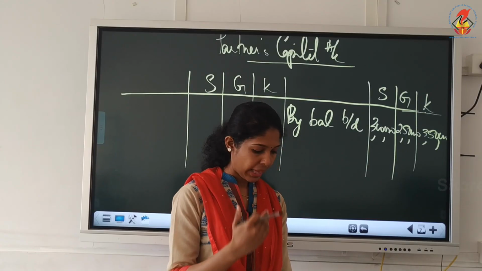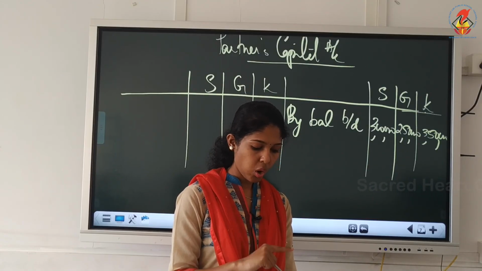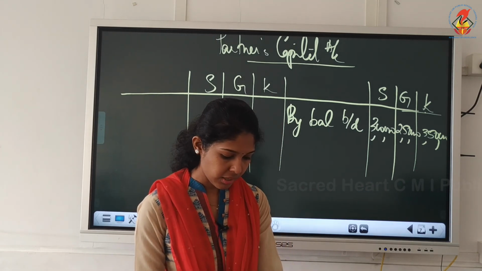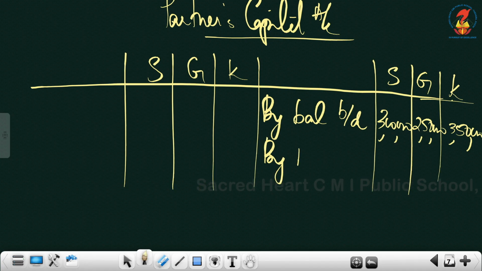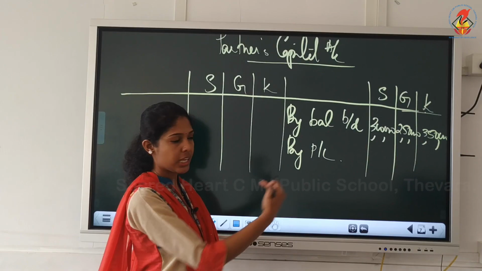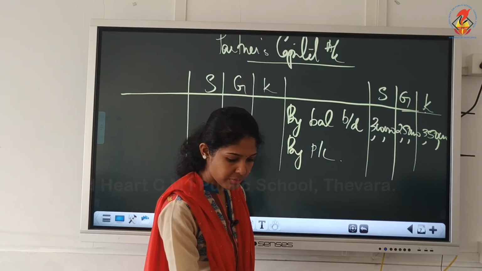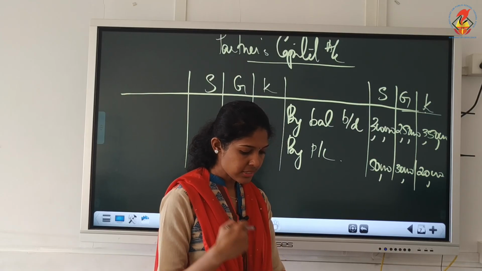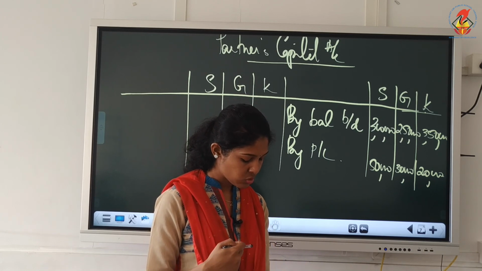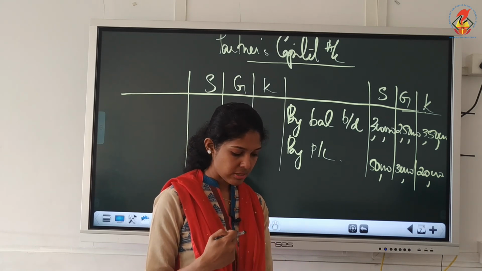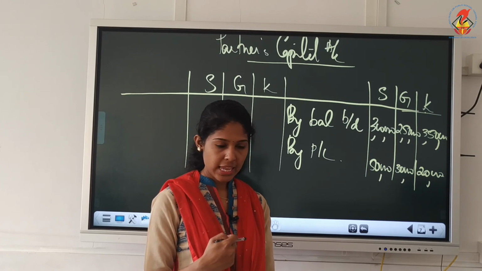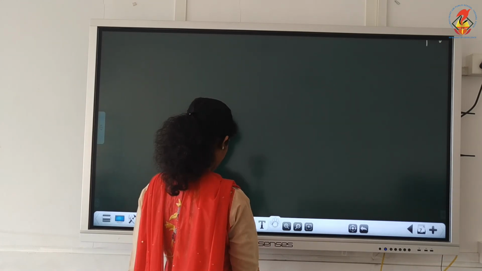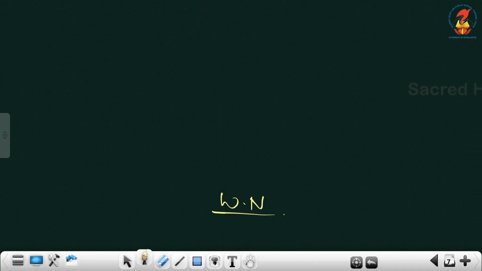Okay, now we'll go through the balance sheet items. There is P&L account on your liabilities which we'll distribute among partners in their old ratios. So we'll write by P&L, take it to the opposite side in your partners capital. So the division is 50, 30, 20. Then nothing else on the liabilities. See the asset side. Asset side, nothing to be distributed. We'll go through adjustments now. Goodwill is there, so we'll do a working note for goodwill. Leave some space for completing partners capital.